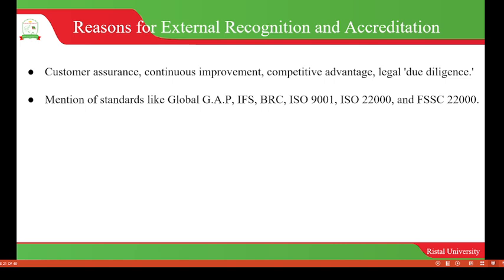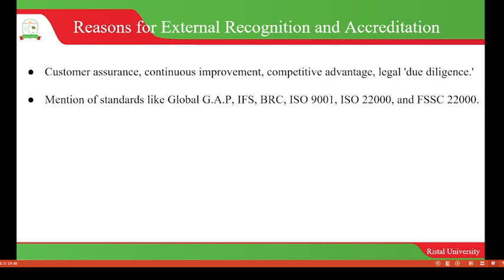It helps your customers to build confidence in you because it means that the goods and services that you are providing them are of good quality, and therefore they'll be sure about the quality of the products that they are getting from your company. Then also it enables continuous improvement, and then it is of competitive advantage